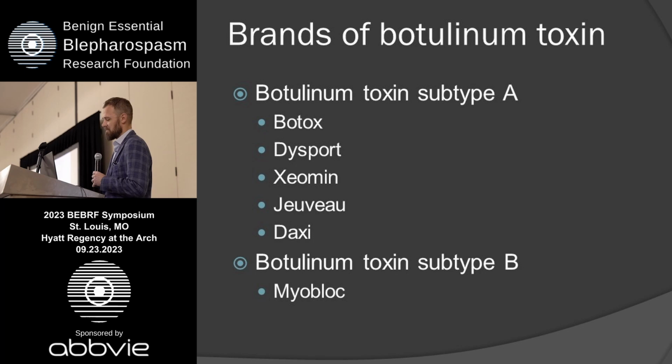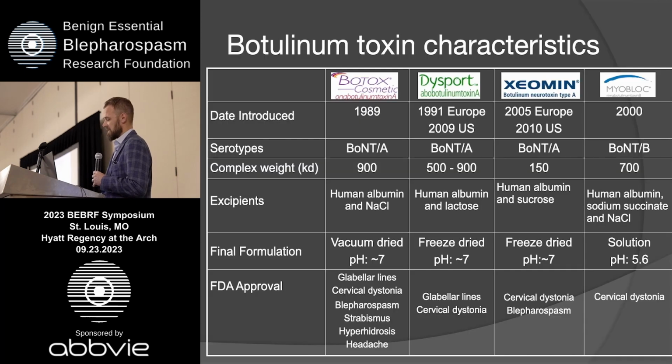Botulinum toxin subtype B is Myobloc. It's a much less potent version of botulinum toxin. I personally have never used it, but it is one that is injected at higher doses in order to get